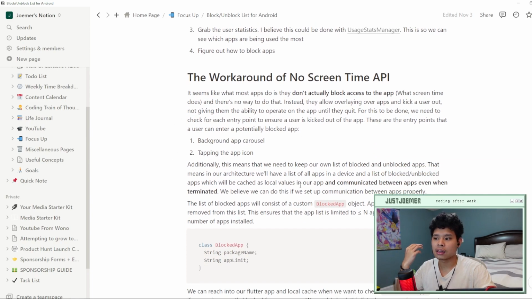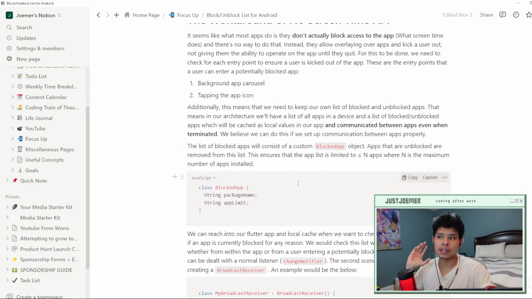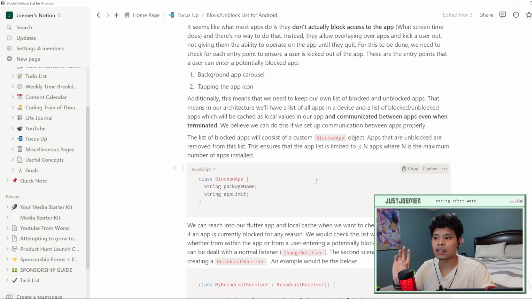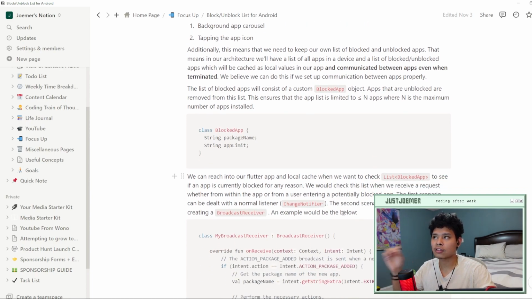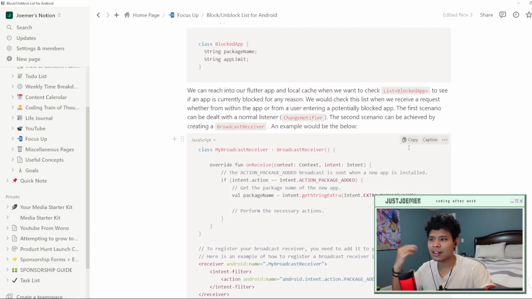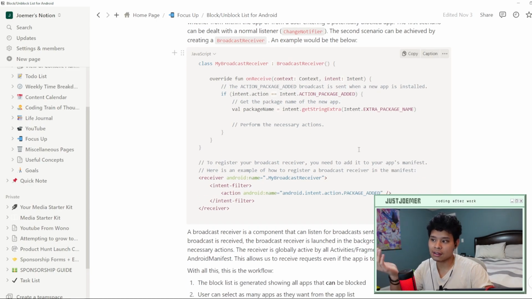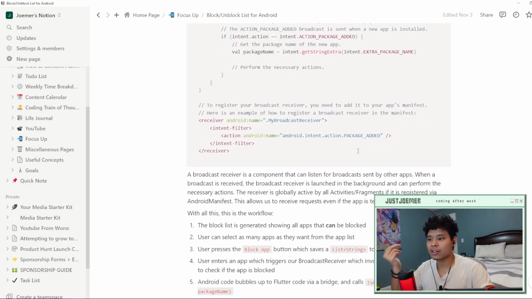But it also means that Android applications across the board have taken an interesting approach where they don't actually block the app using screen time APIs right now. They'll ask for overlay permissions and they'll just put an overlay over other apps to say, hey, you've been blocked from this app. So it's a very cool, interesting workaround that developers have done, and also it's not very well documented. This was just something that I noticed after downloading apps that have a similar use case and seeing what they did. I've also sent emails out to some of those developers and didn't hear anything back,